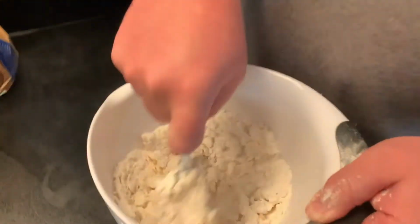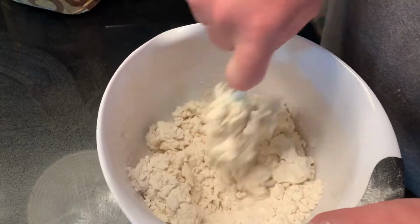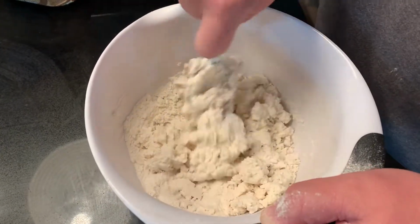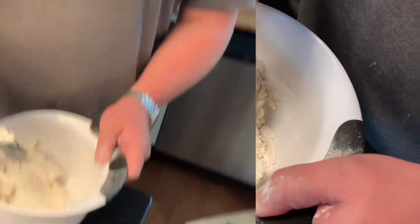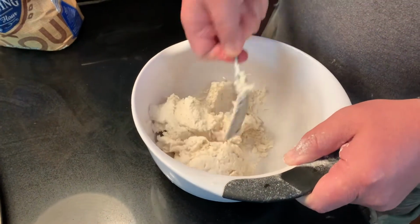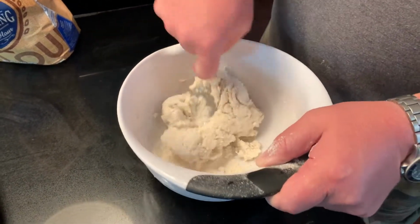I'm just gonna bring this together until you see it's kind of getting into this shaggy form. And I'm just kind of pushing it with this spoon until it gets to a point where I can lay it out here on the counter and use my hands on it. Okay, it's coming together. You can see it's kind of becoming a solid mass. And once it reaches this point,